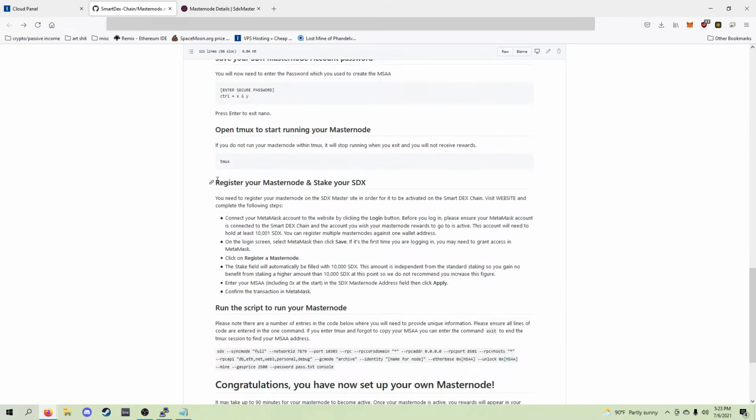And now we're gonna stay away from that for a second. We're gonna go register the Masternode and stake our Swapdex. Here's where I'd like to note that the chain must be in sync with your node before registering. I made this mistake, as you will soon see, and ended up getting slashed by the chain for about 5